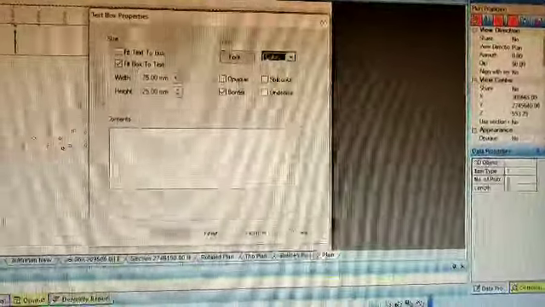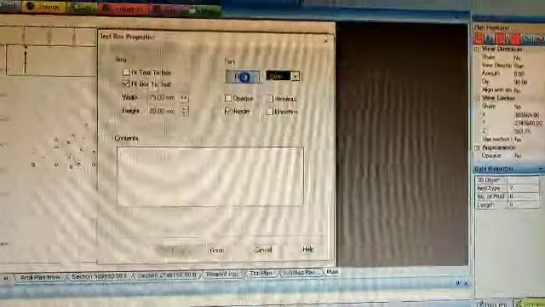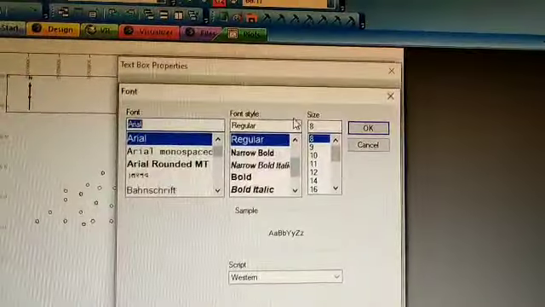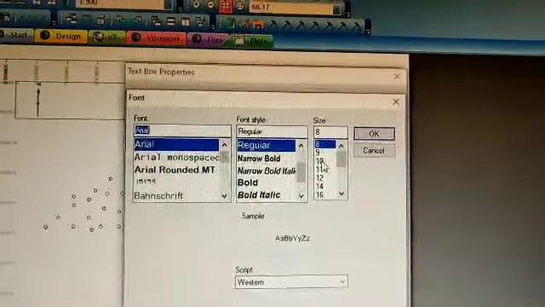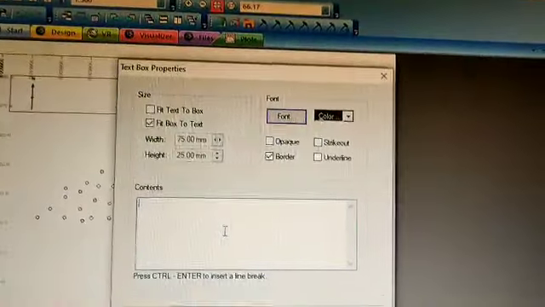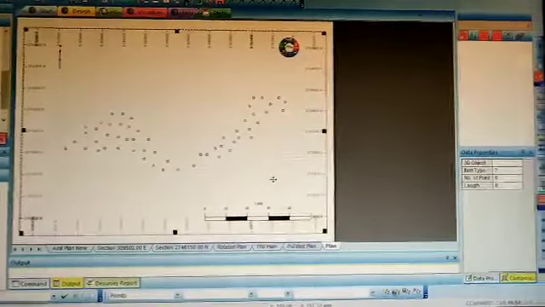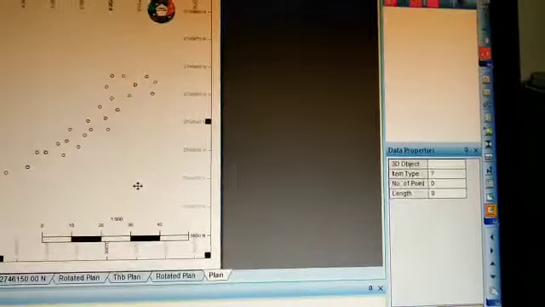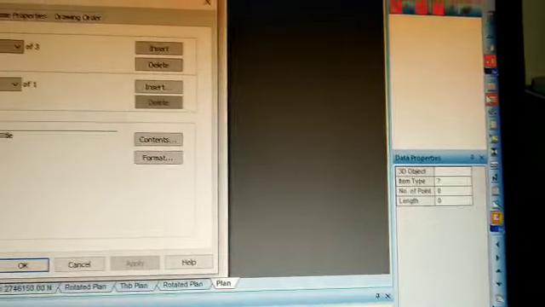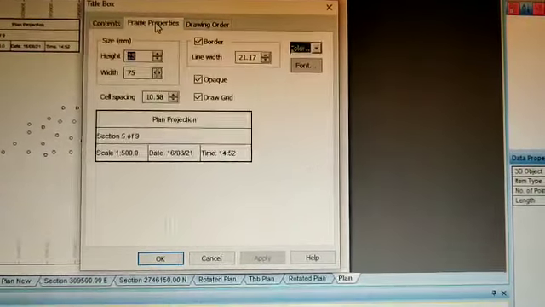Text box, font size. Title box, here we can format the title window.